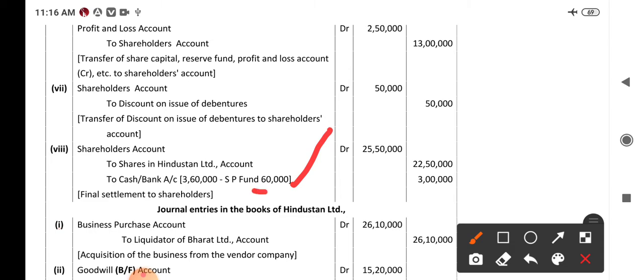So as staff provident fund is not taken over by the purchasing company, it should be settled by selling company